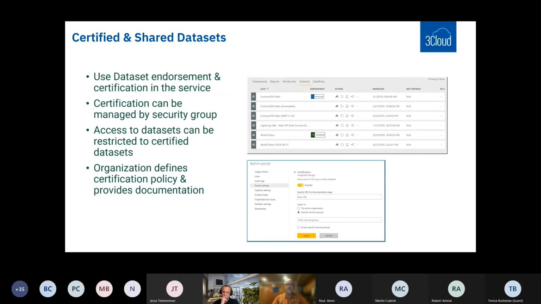So by using endorsements, we can separate the self-service models, the untrusted or the semi-trusted sandbox models, the things that users have created just as they're playing with data and using it for their own analytic purposes, from those enterprise scale models that have gone through rigorous testing,